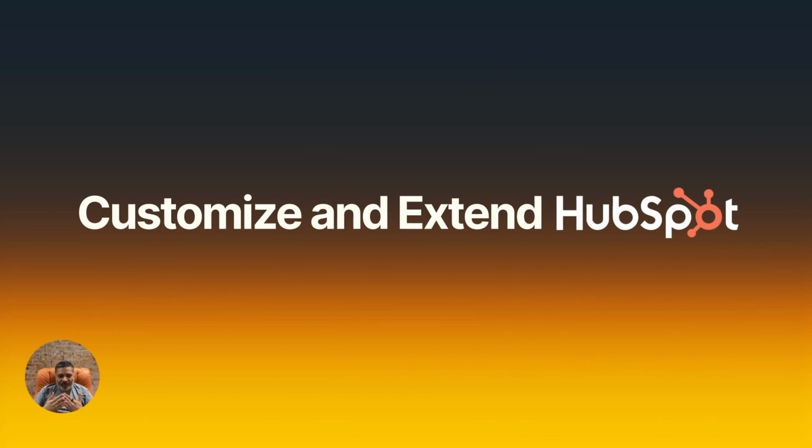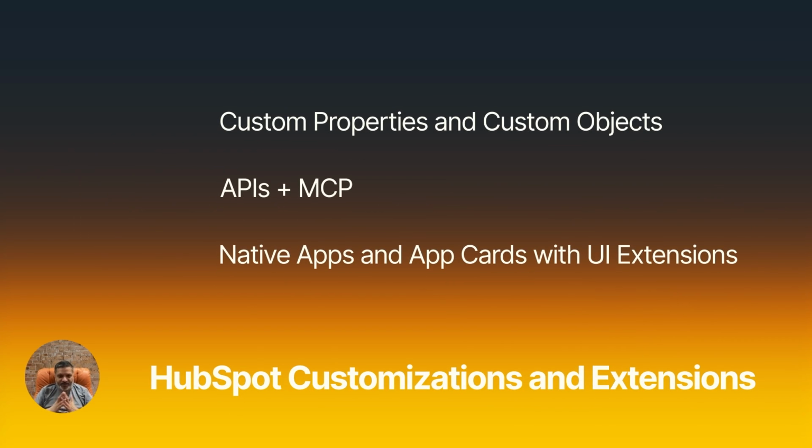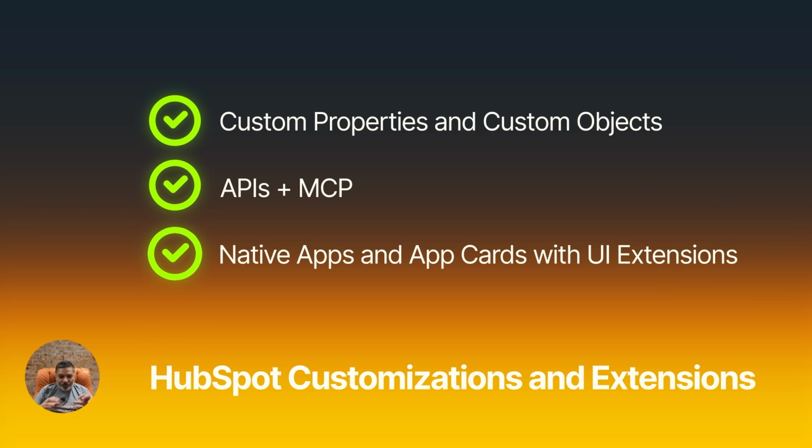And this one, we're going to talk about customizing and extending HubSpot so you're not reinventing the wheel. Now, there are a bunch of different ways to customize and extend HubSpot. One is you can customize the data model of HubSpot by adding custom properties to existing object types. You can create your own custom objects. You can also connect third-party systems and applications to HubSpot using our APIs or the Model Context Protocol, MCP. And finally, you can create applications and app cards that live inside the actual HubSpot UI with our UI Extensions